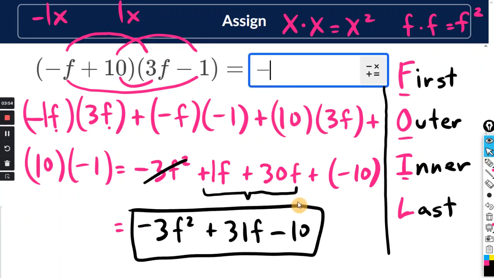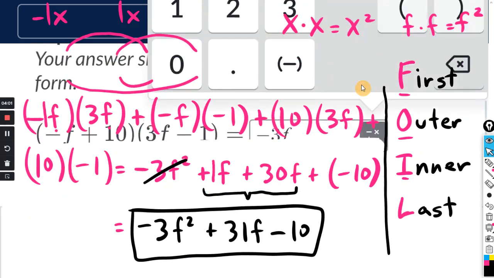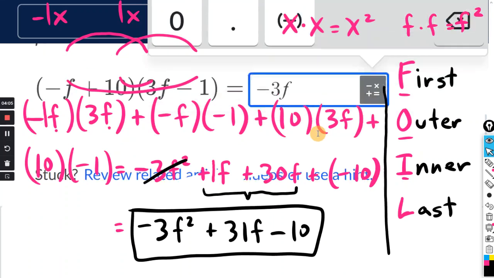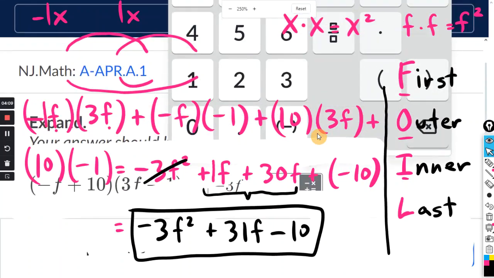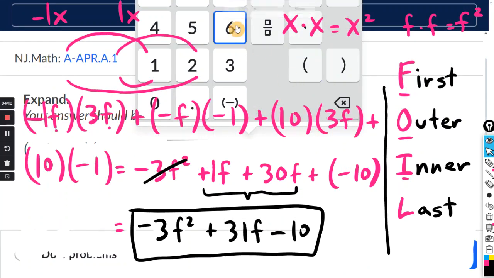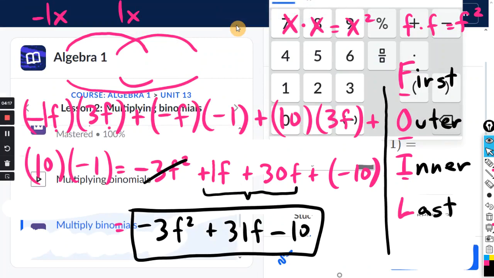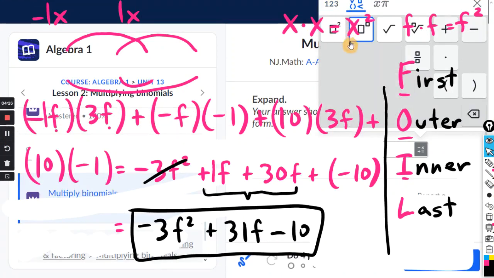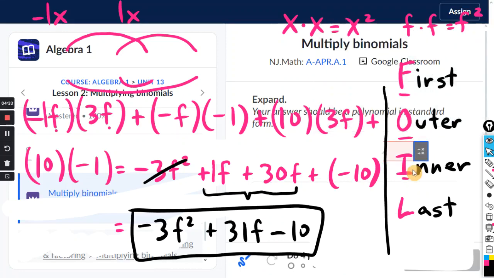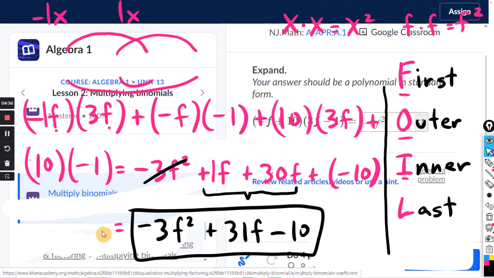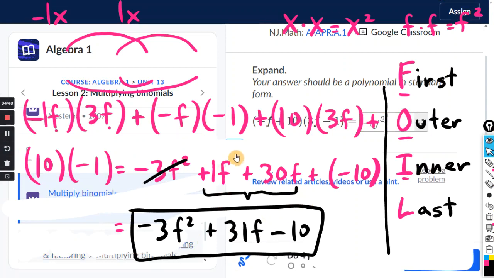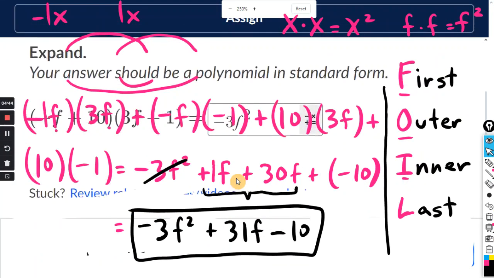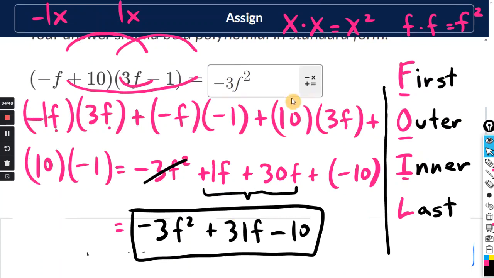So just click in the box, type negative 3f, and then you can click this here to get the drop-down menu. And there should be an exponent button here. Let me see. I think I have to make this smaller to find it. Where's the exponent button here? Click this here. And here you go. Here's the exponent button right there. Okay, so I can make this squared. All right, negative 3f squared plus 31f